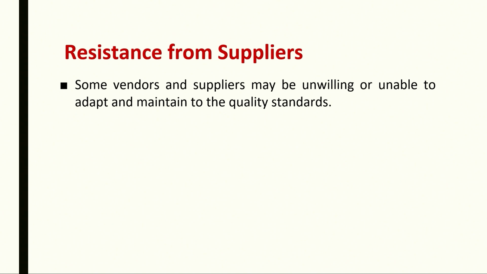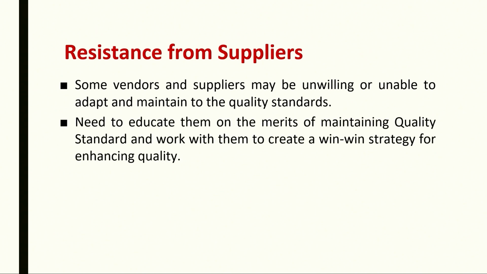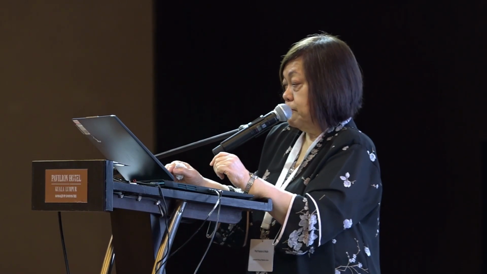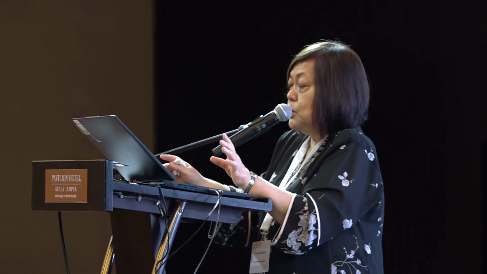In other words, it leaves it on us, all right? We cannot expect, they are the suppliers, they should know better, they should attend these workshops and all that. It helps because they are our vendors. In other words, we have contracts with them. Again, it's to do with coordination, it's to do with cooperation, it's to do with communication. In other words, if need be, tell them what the merits of maintaining this standard are. Create a win-win strategy, all right? Because that's the only way we can enhance quality, all right? But even then also,